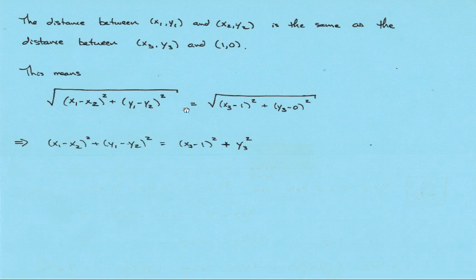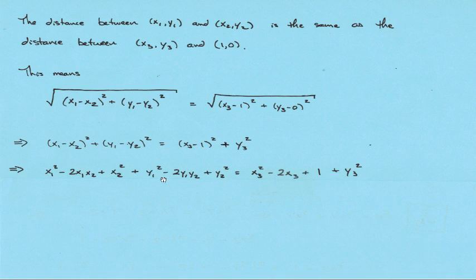If we square both sides, we get rid of the square roots, and then we expand the squared terms so that we have x sub 1 squared minus 2 x sub 1 x sub 2 plus x sub 2 squared. We have y sub 1 squared minus 2 y sub 1 y sub 2 plus y sub 2 squared. And then on the right hand side we have x sub 3 squared minus 2 x sub 3 plus 1